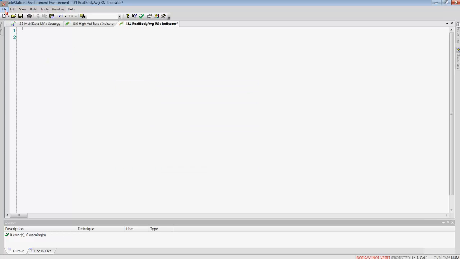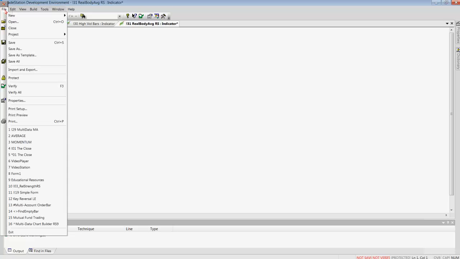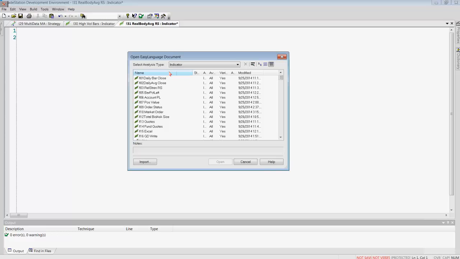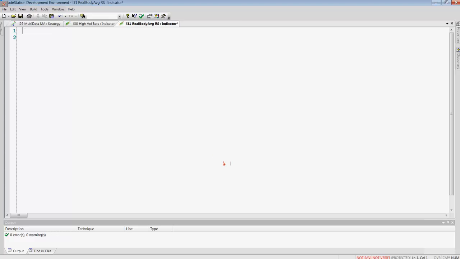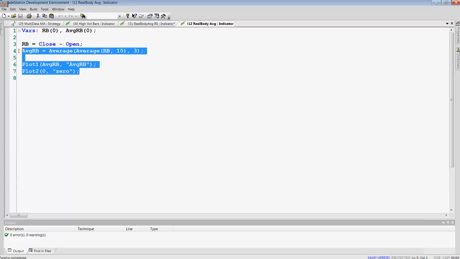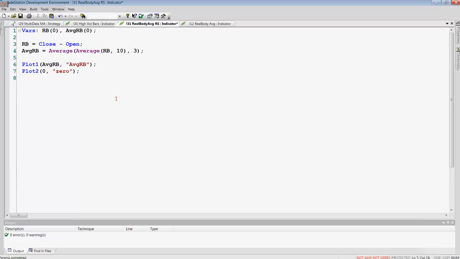So the first thing I'm going to do is go back to the indicator we wrote yesterday. I'm going to go to File, Open. So here's the File, Open dialog, and we wrote number 12 yesterday, which is here, real body average. I'm going to open that up because we're going to copy some code out of that. So here, this is a pretty simple version of an indicator from yesterday. I'm just going to highlight that code and paste it into our radar screen